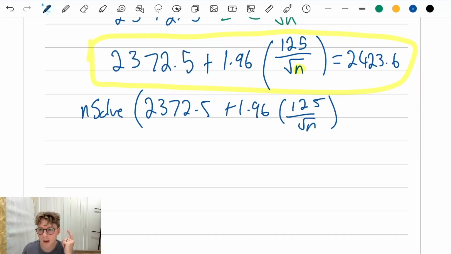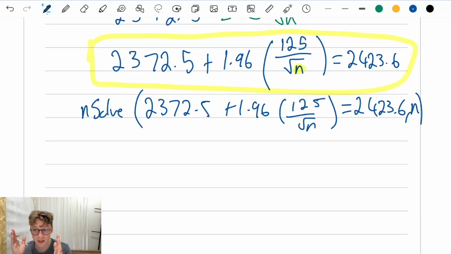Alright, so I'm going to say all of that is equal to 2,423.6. Now, we do have to do one last thing. That is comma, then the variable, which is going to be n in this case. I could n solve for any letter. It doesn't have to be the letter n. It just happens to be n in this case. So, n solve or numerical solve, different ways to find it. You type in your equation, equal sign, all of it, comma, you put in your variable, you now slam enter